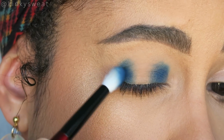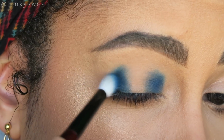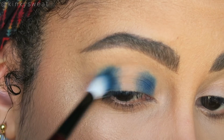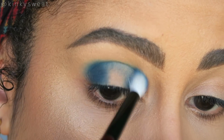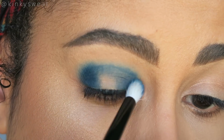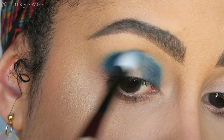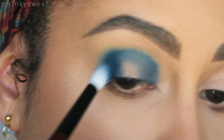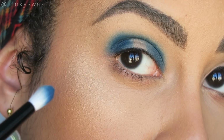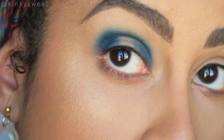I'm just pressing the eyeshadow on first, and then I'm going to start taking very small circular motions and work that shade across the crease, connecting both sections. I'm using very light pressure. As you see, this is very pigmented and I don't want it to get out of control just yet. I want to get my general shape first, and then I'll go in with a bigger, fluffier brush to better